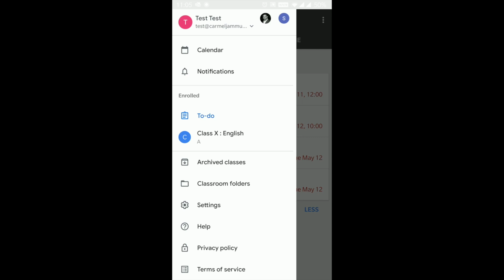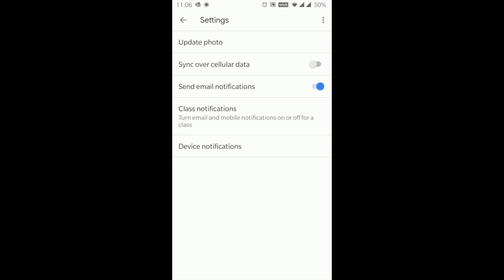Classroom folders: it's a Google Drive folder where all your work, assignments and resources get arranged based on your folders, and you can use it anytime or you can access it through Google Drive. Going into the settings,